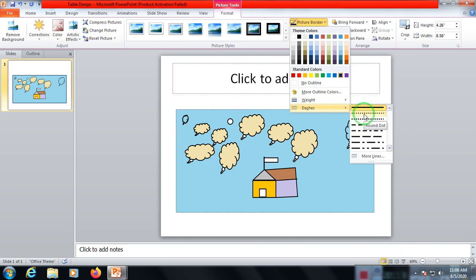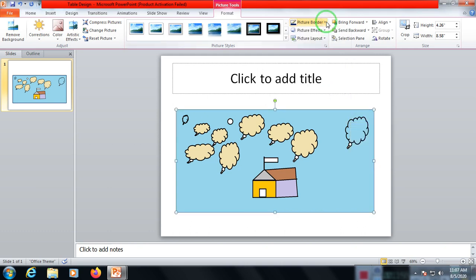This is a dash border, this is a round dot, square dot, sorry, this is your dash again, then dash and dotted border. So whichever type of border you require, we can select it. That means we can select a style and a color for a border by using the picture border option.